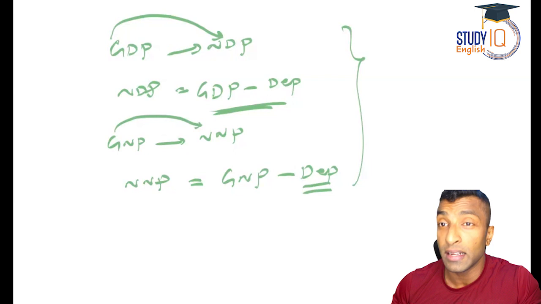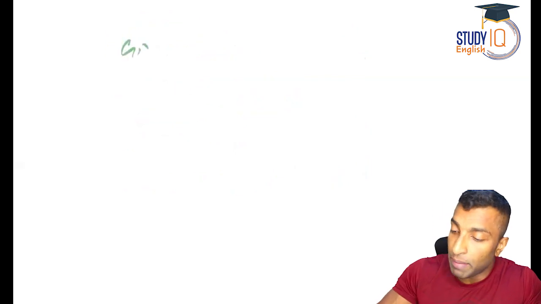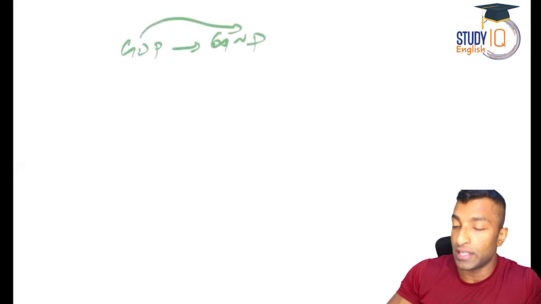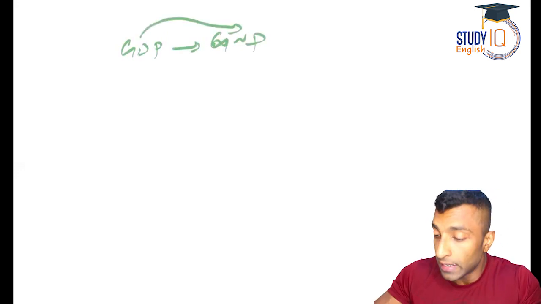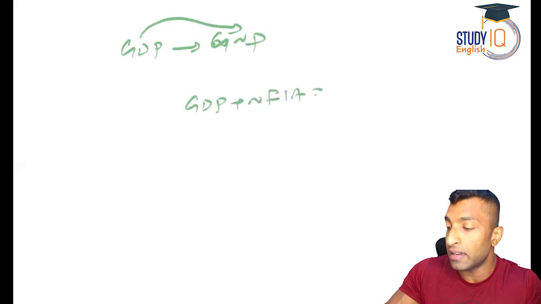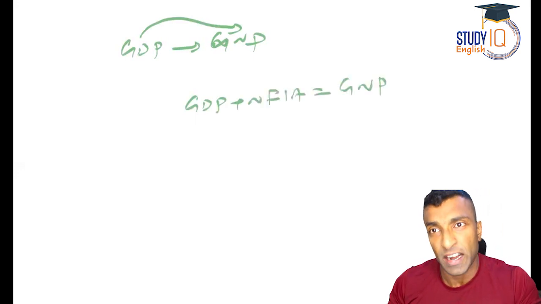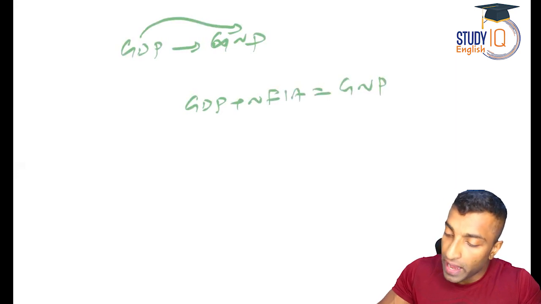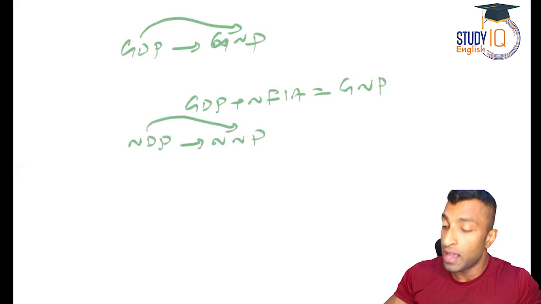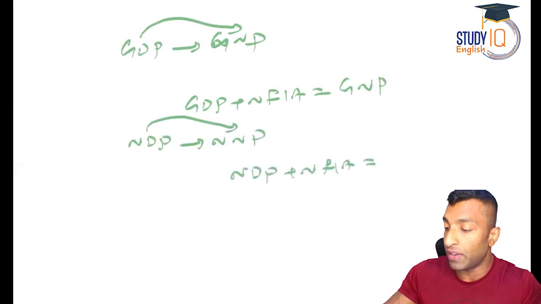If I need to change the second letter, like GDP to GNP, second letter change, what I need to do is NFIA. So what I have is GDP plus NFIA, I will get GNP, right? Similarly, if I need to change NDP to NNP, I need the second letter change. I have NDP plus NFIA, I will get